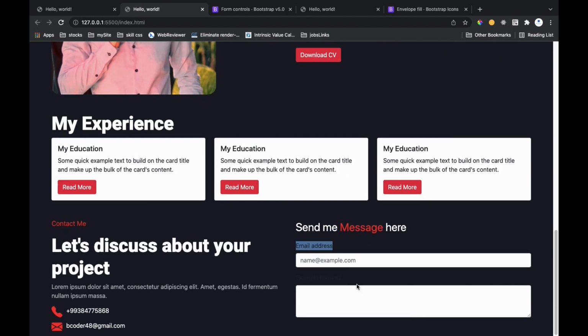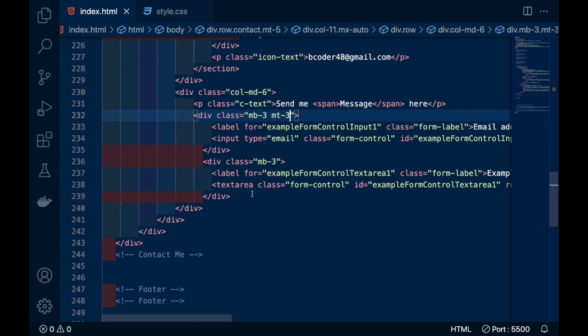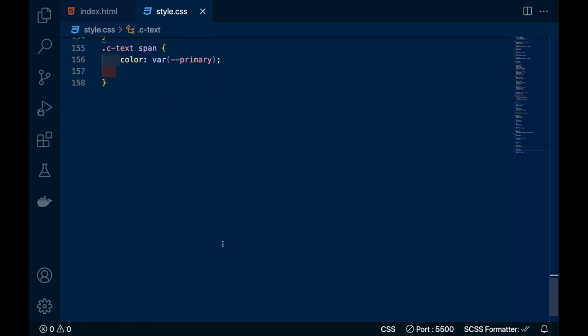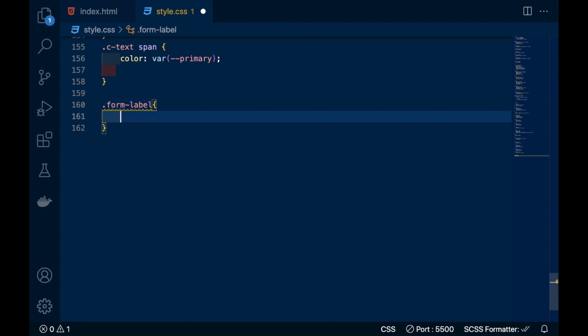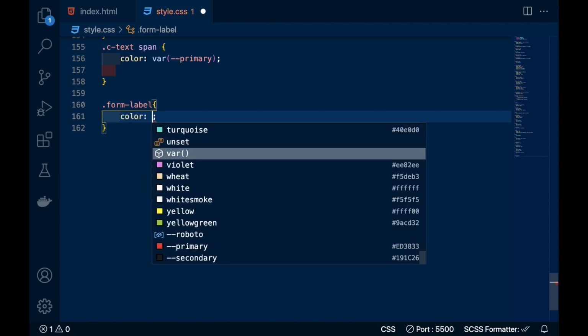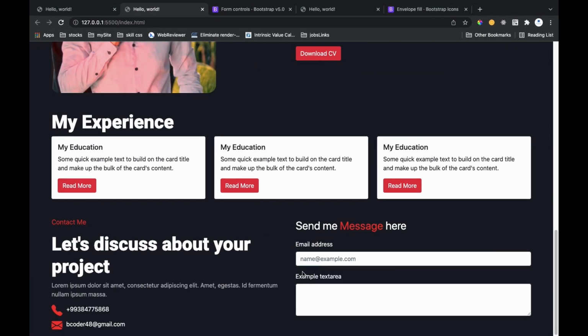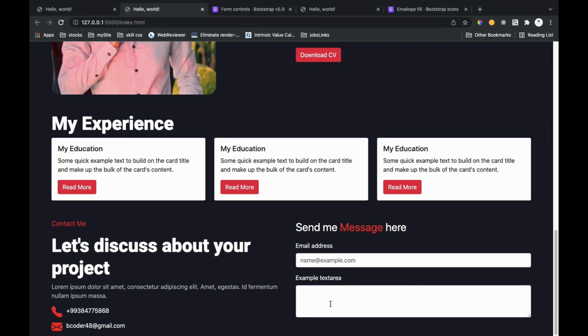We have to change this color. This email address contains a class called form label, so we have to style form label, only changing the color. Everything is fine. So we have changed the color, text area here, and this is email, and you can contact.